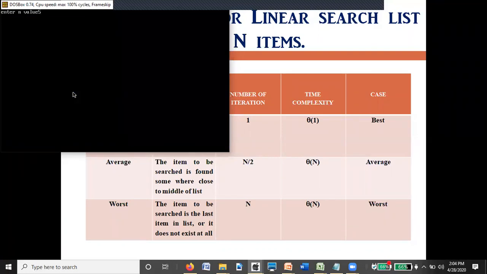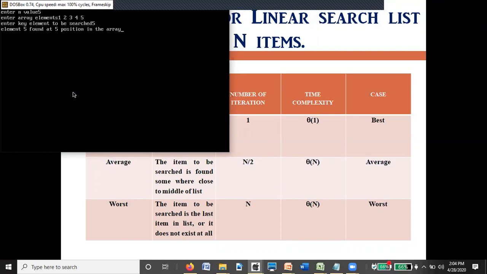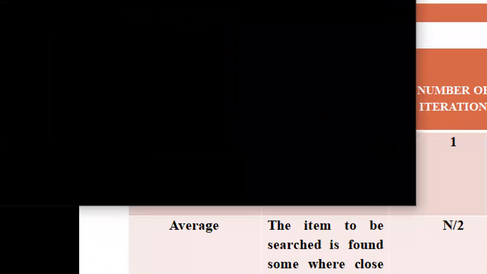So enter n value 5, then 1, 2, 3, 4, 5. I want to search for element 5. Then element 5 is found at the 5th position. So you can see that particular output.